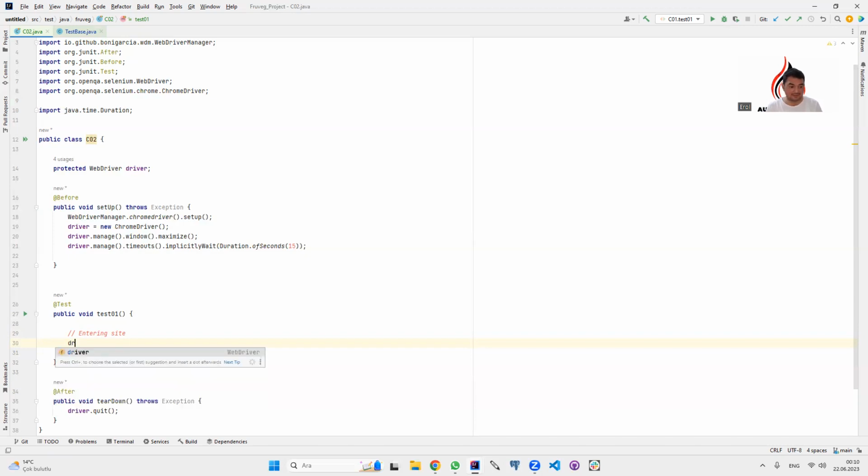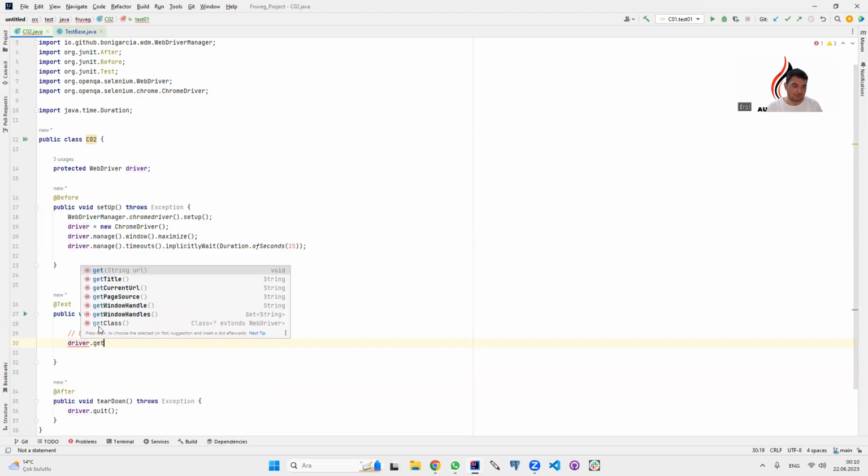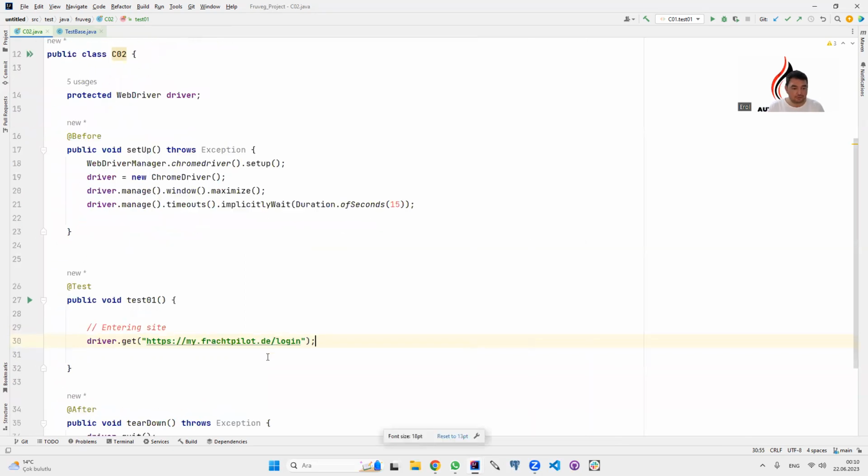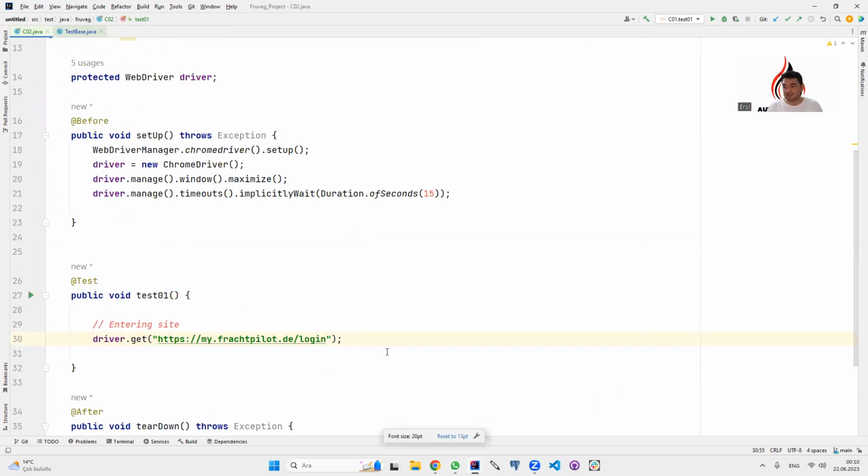Driver, of course, dot get, and then my page URL, you know, URL is the page address. Firstly, I went to my site, and then